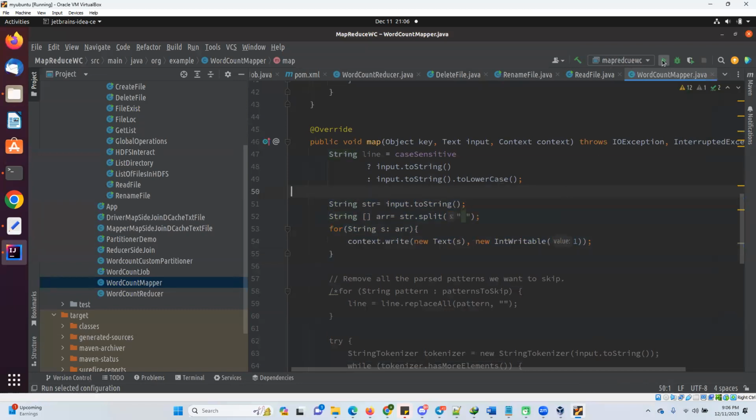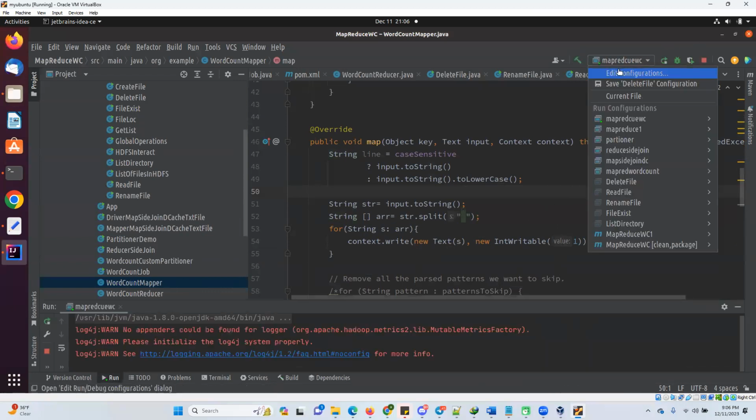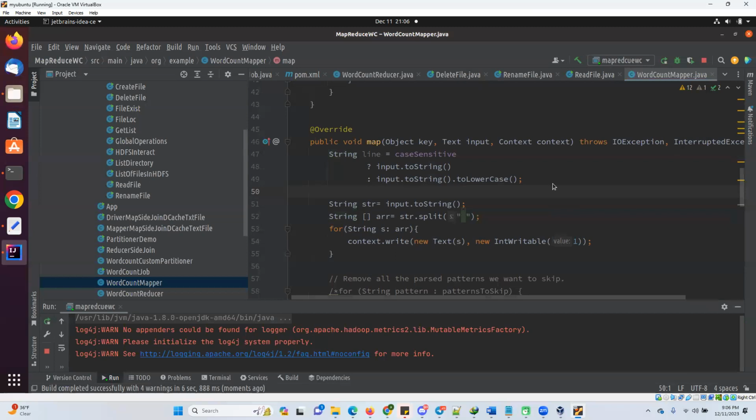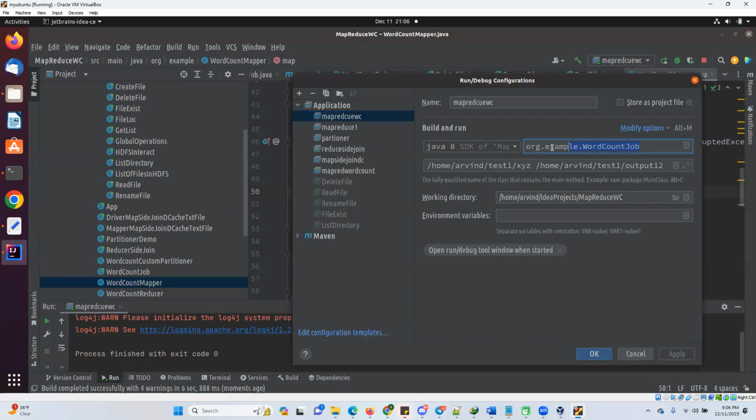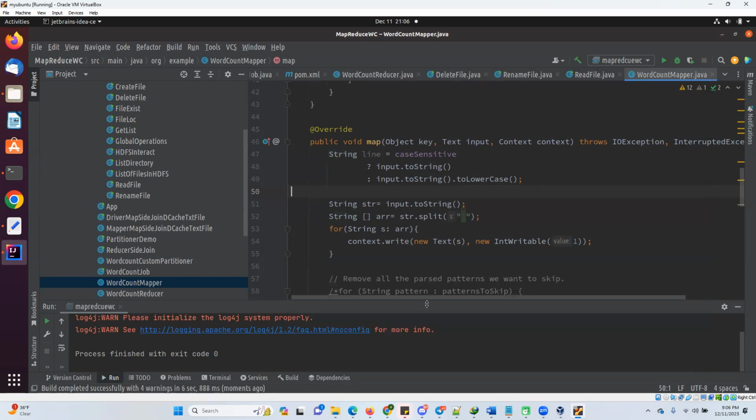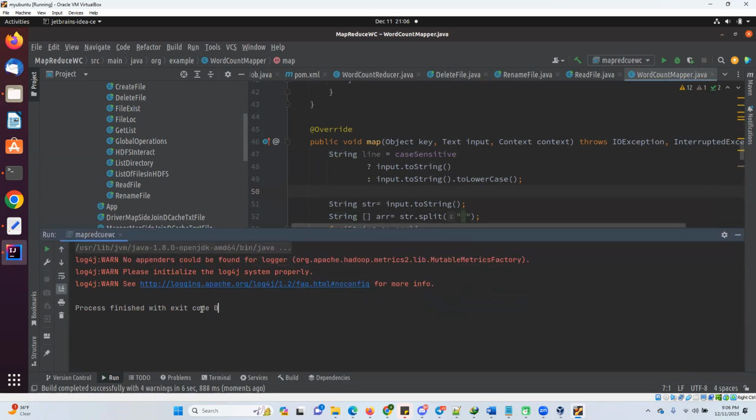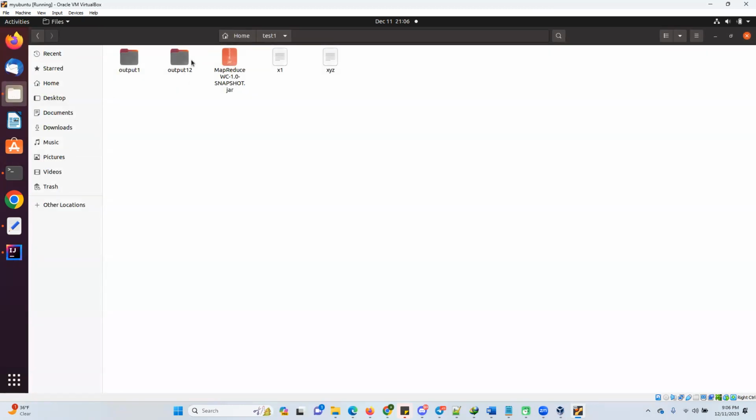When I run the program, I just right-click and run the Java class. This is the Java class I'm running because this is the main function in the driver. You remember, I have given the word count job here. This is the driver class I'm running. So my code is completed, and my output has come because the exit code is 0. So when I go to my output 1, 2,